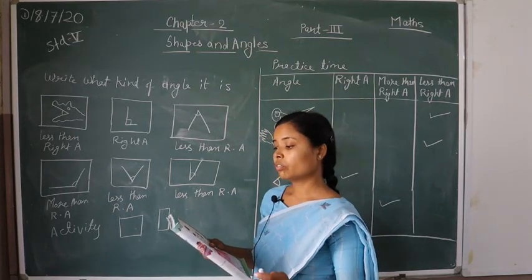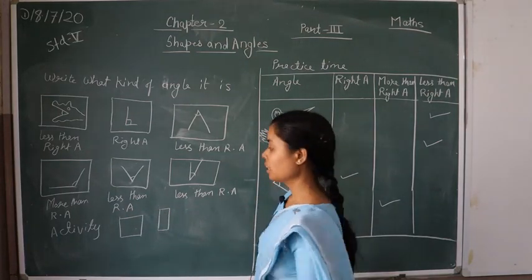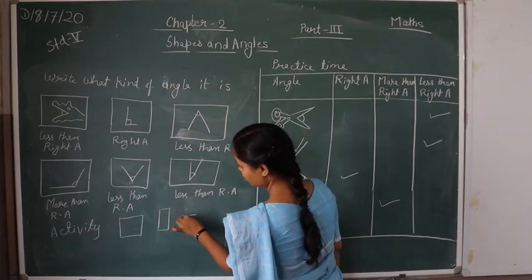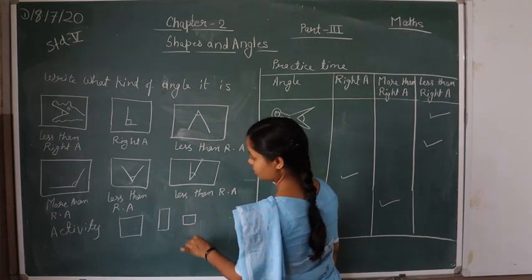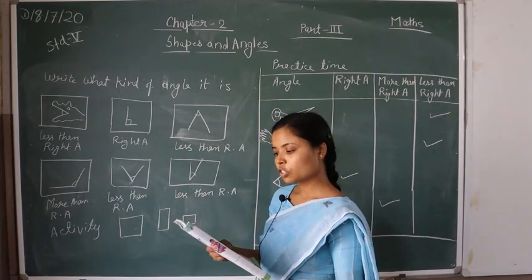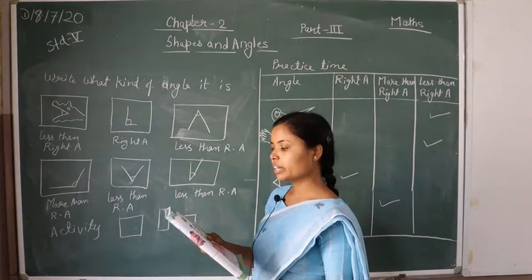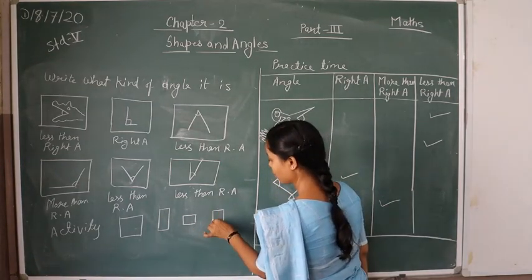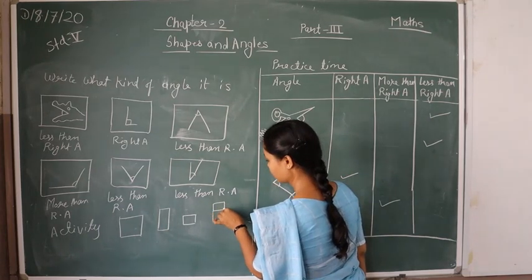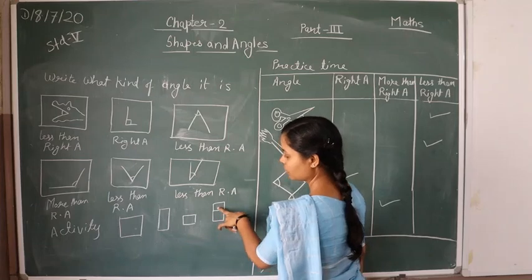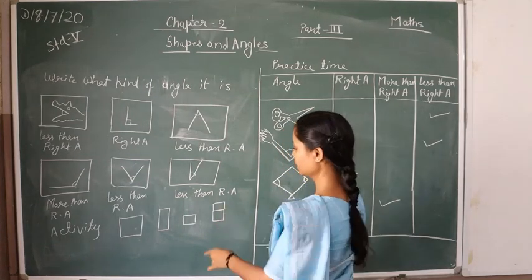Fold it once more and press it. Then if you fold this once more, it makes a shape like this. Open the last fold so that the sheet is folded in half. If we open the last fold, we have a shape like this. Okay, I hope you understand. If you open this, we will get a shape like this.